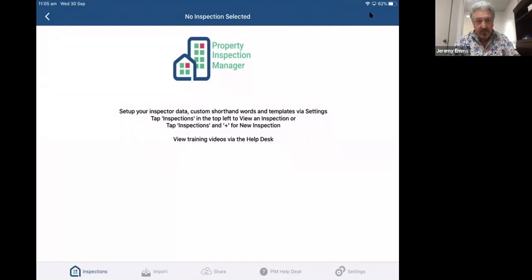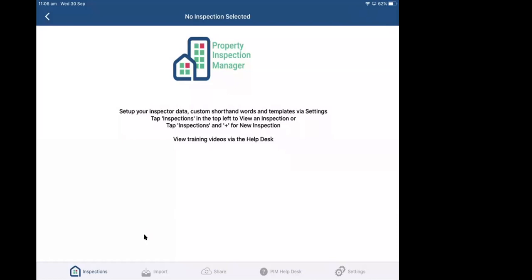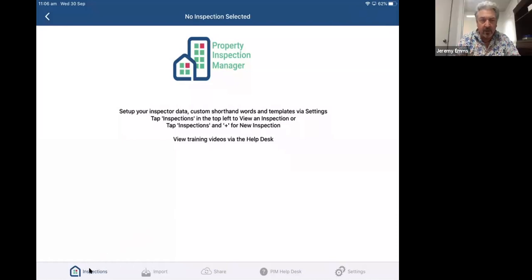One of the things we wanted to do with this was give people an overview of Pim and how it works, and where you have the flexibility to customize and create your settings and templates to suit the way that you work. So I'm just going to go through a few things. In terms of navigating in Pim, you've got a navigational toolbar. On the left-hand side is where you conduct your inspections. On your right-hand side is where you have settings, where you can customize Pim to suit the way that you work.